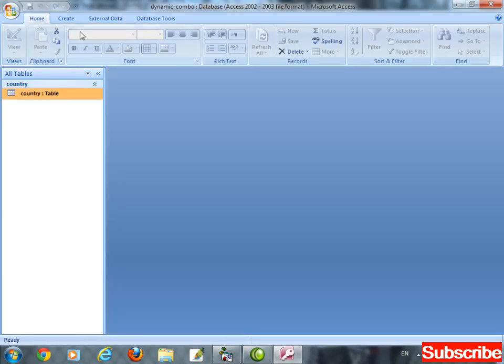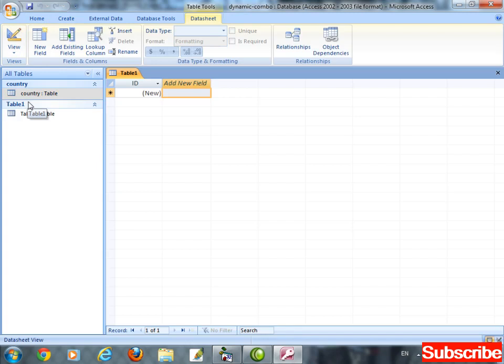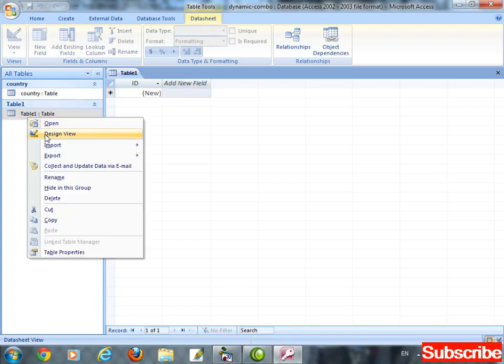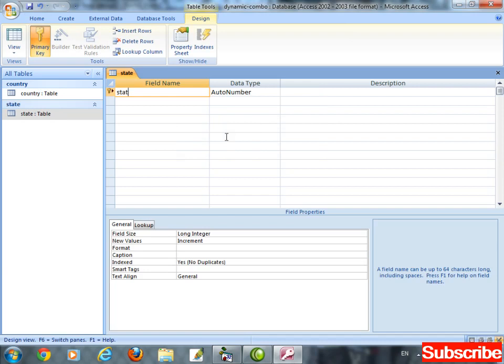Okay, now create a new table. From the Create tab, select table, right click on the table, design view. The name of the table should be state. State underscore ID working as primary key, and the data type of the field is auto number.